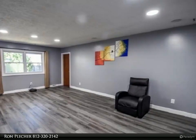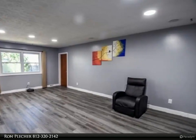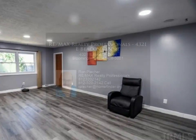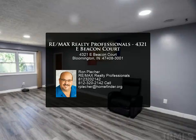Park Ridge East has its own park that includes tennis court, basketball court, playground, ball field, and a picnic pavilion. This popular neighborhood is on a bus line and is minutes from shopping, dining, entertainment, IU campus and sports venues, and the new IU Health